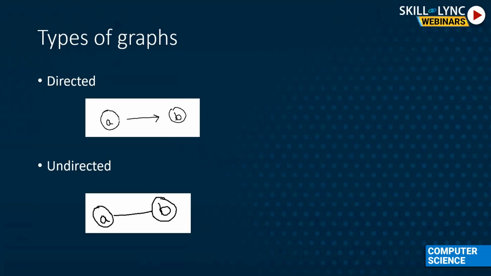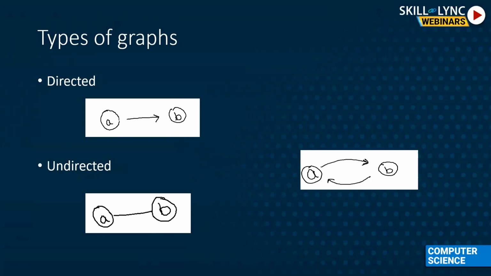You can see it's a directed graph if there is an edge directed from one node to another node, and there is an undirected graph where there is no direction on the edge. It will not be pointing to anyone. What we can normally do is represent this undirected type of graph by two-sided edges, which can be represented as A pointing to B or B pointing to A. Same thing. So basically we can resolve everything into directed edges, whether it is undirected or directed.